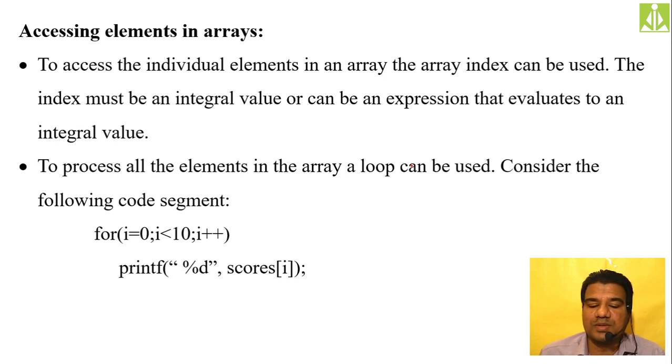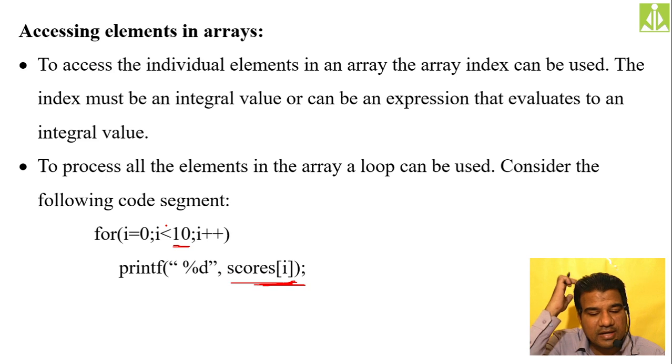We use the same score array that we are declaring over here, and this is how we can access all the elements from the array. If it is of 10 elements, we declare a loop counter i from 0 to less than 10, and we access all the elements from my array. We'll do more programs on this one so that you can get some clarity.